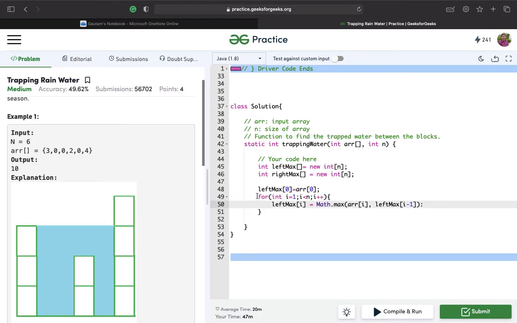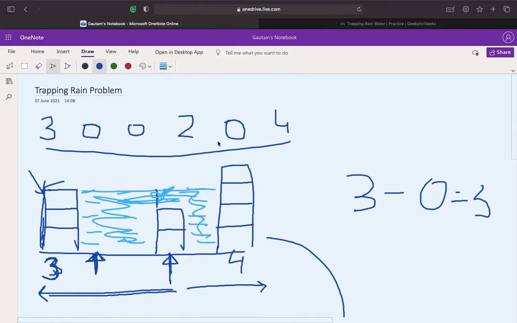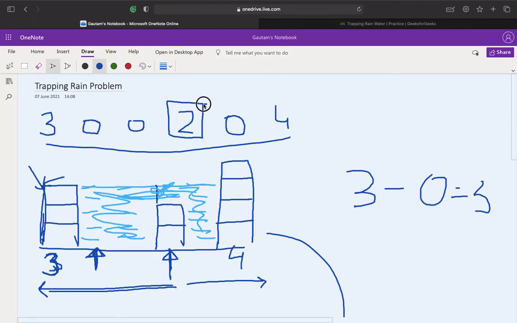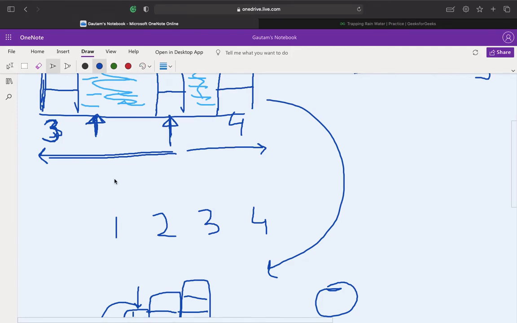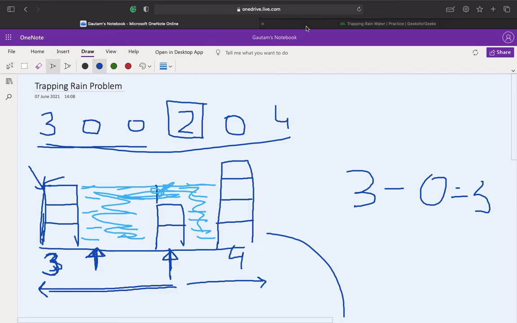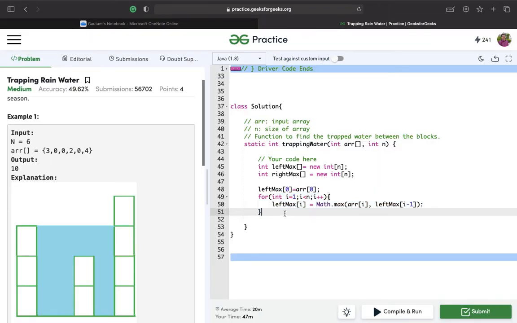So now what I have done here is pre-compute the left maximum array. This array will give us the left maximum of any element at that index. For example, if we need to find the left maximum of this element, what is the index of this element? 0, 1, 2, 3. So at index 3 of the leftMax array we'll get the left maximum for this element, right? So this is what I have done here.